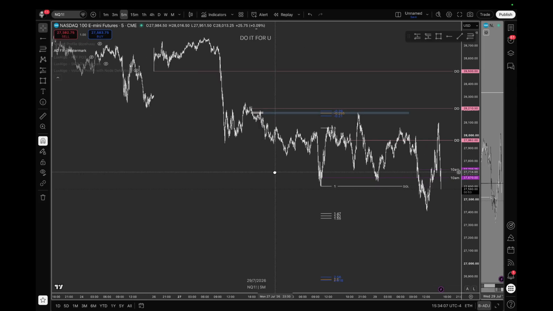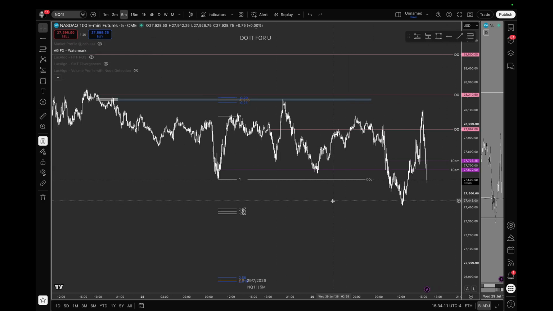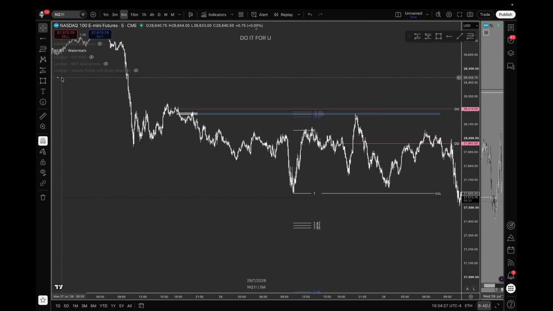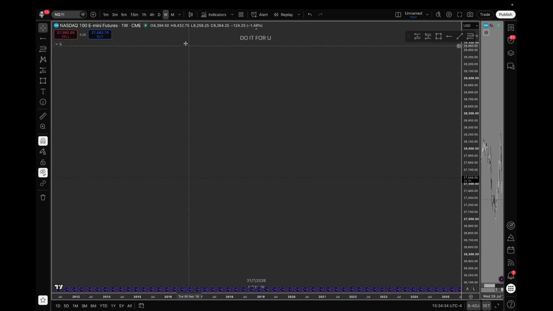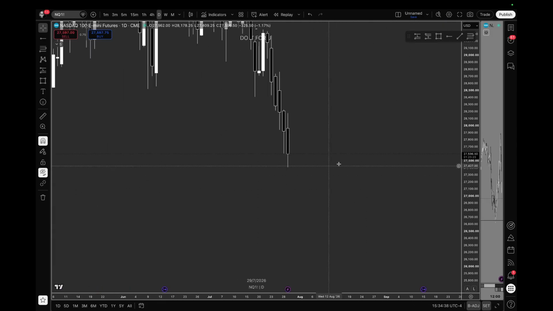So let's get into it and explain what I'm thinking in terms of long-term aspects. Let's just delete a few things and clean these up, and let's start from the weekly time frame. No, we'll do the daily time frame. So coming into the daily time frame,